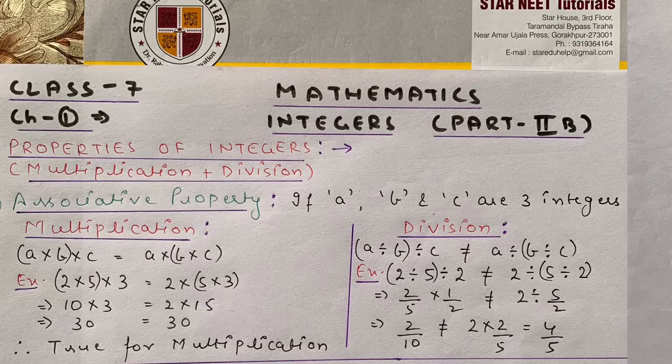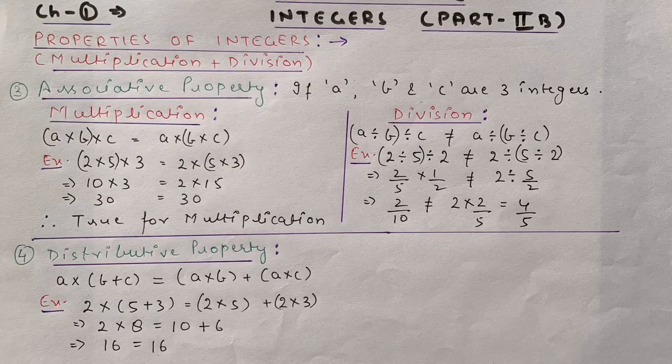Now comes our distributive property. This is a new property in which you require knowledge of both multiplication and plus. That is why I did not cover this property yesterday. Now distributive property says that suppose a multiplied by in bracket b plus c is there. By distributive property, it will be equal to a multiplied by b in one bracket plus a multiplied by